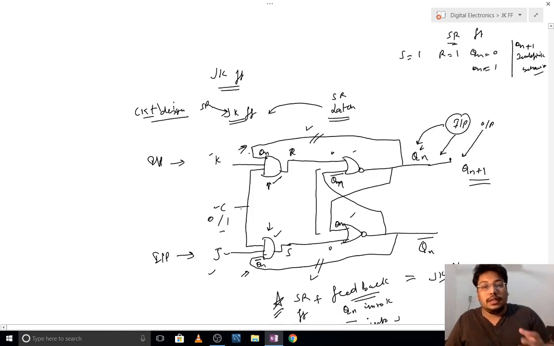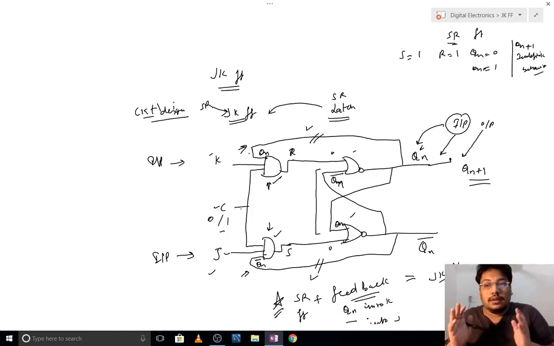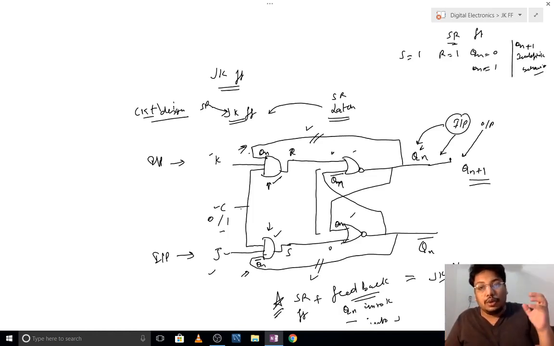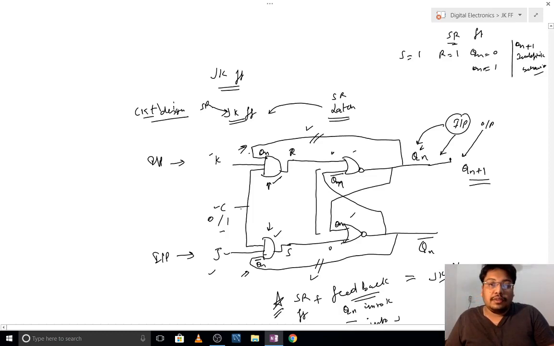So that is why the activity will be in transparent mode. So now what I was telling you is that if we create an output feedback mechanism into the inputs of the SR flip-flop, it becomes a JK flip-flop.